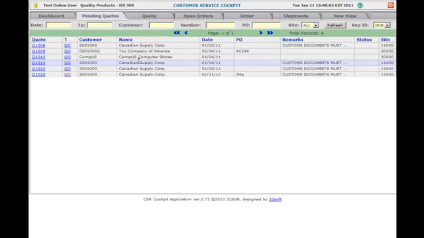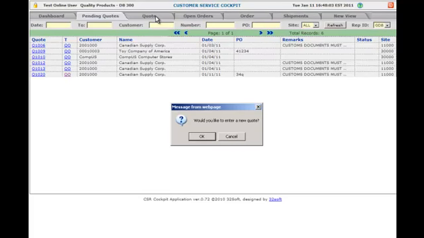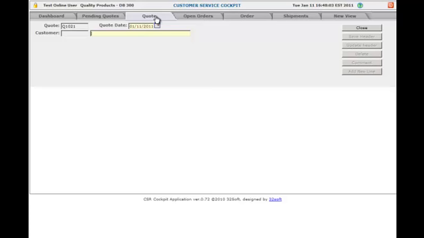Let's say I have a new request for a quote from a customer, and I want to enter a new quote into the system. And by the way, this is a real-time interface. So what I'm doing here is appearing in QAD immediately, right? So let's pretend I received an RFQ from a client, and they want to see some pricing for specific items. So I'm clicking on a quote, and immediately I get into the quote maintenance screen, and here I can